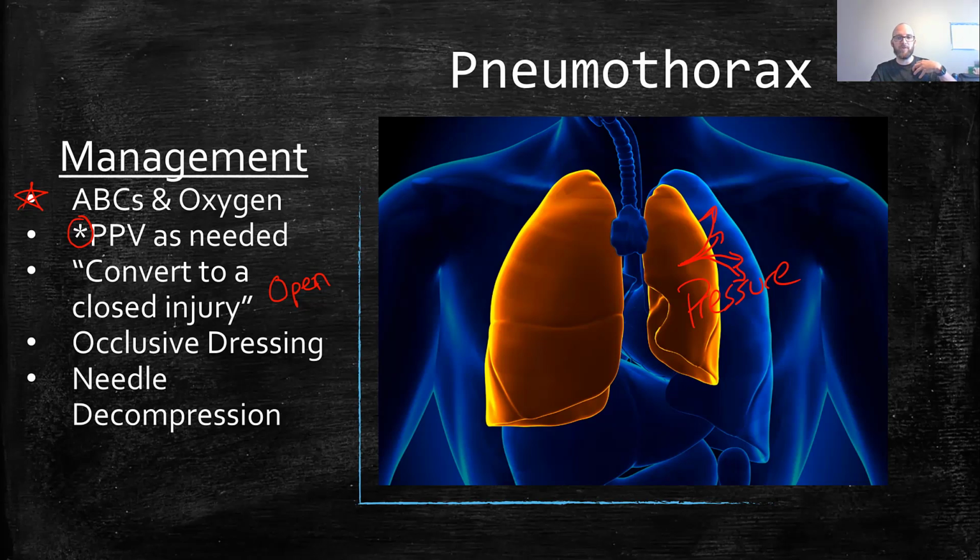So remember, if it's an open pneumothorax, think sucking chest wound, right? And the issue is that extra air that's able to come into the chest. Because when they breathe and create that negative pressure vacuum, it pulls air in here in addition to the breathing. But the air coming into that open injury is causing the problem to get worse. So first thing we can do is stop the problem from getting worse. So converting it to a closed injury is actually saying, put your gloved hand over the opening,